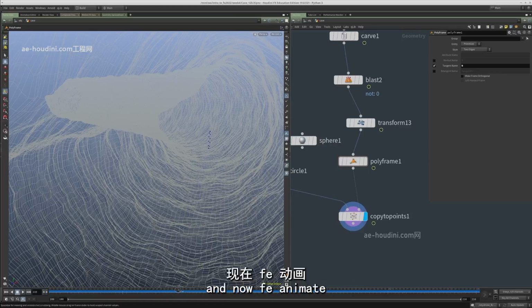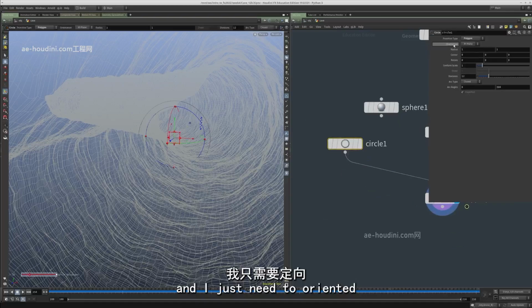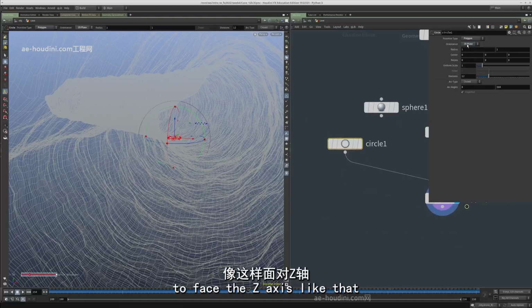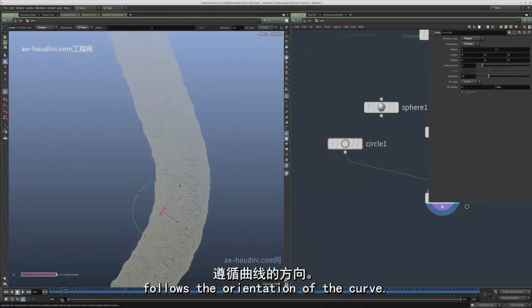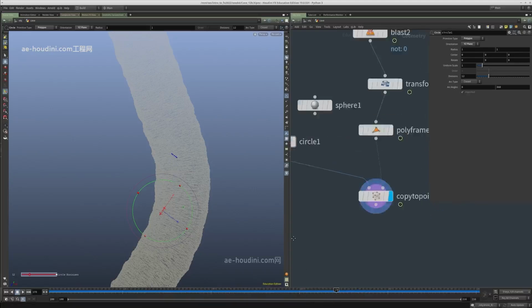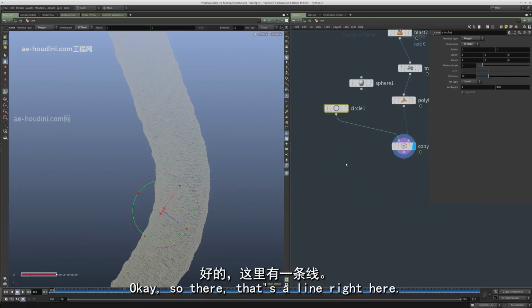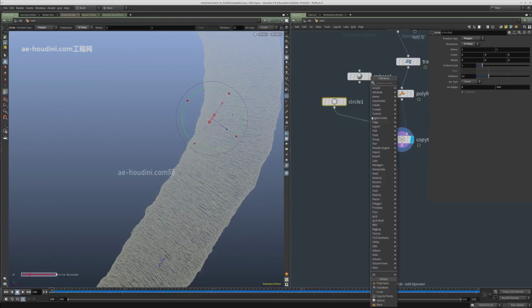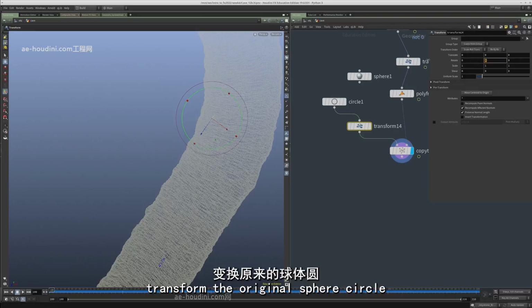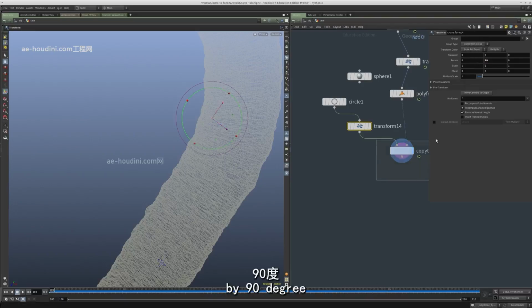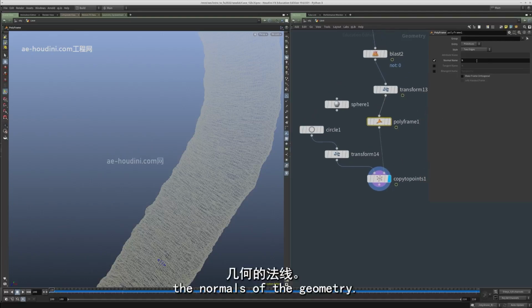And now if I animate, the object is going to follow the path, and I just need to orient it to face the z-axis like that, so that it follows the orientation of the curve. Okay, so there, let's align it here. I'm just going to transform the original circle by 90 degrees, and compute the normals of the geometry. And now if I play through,